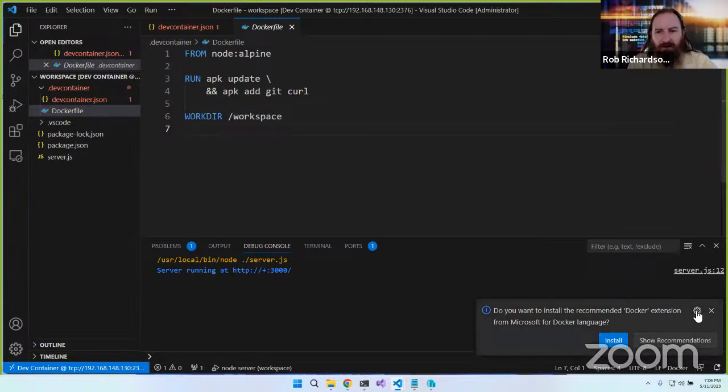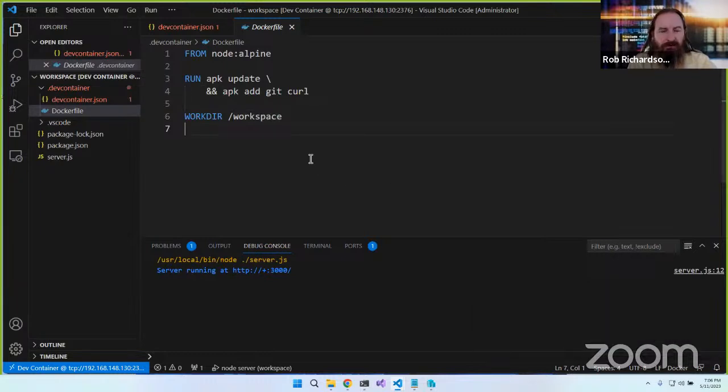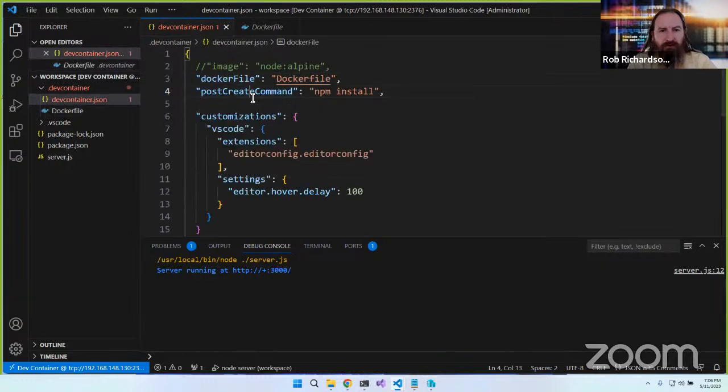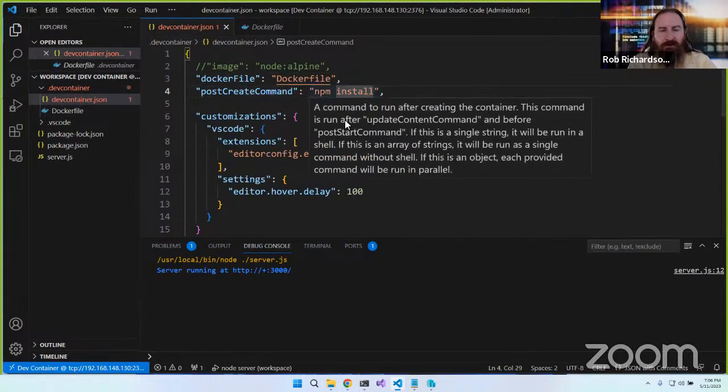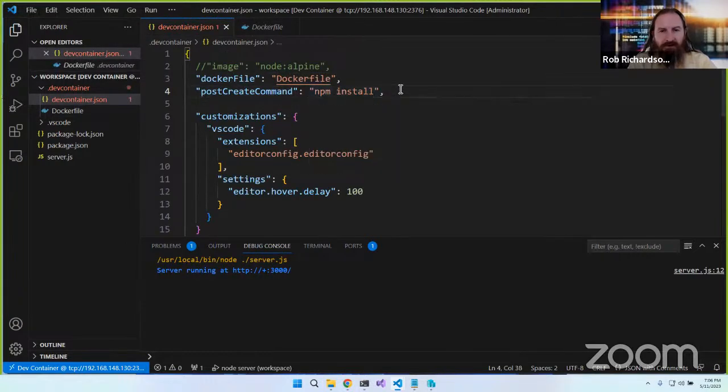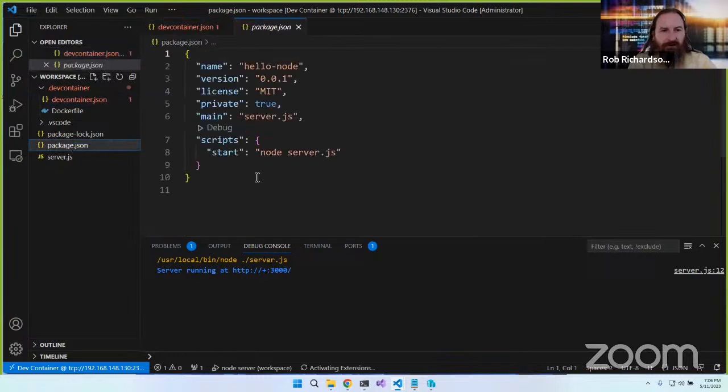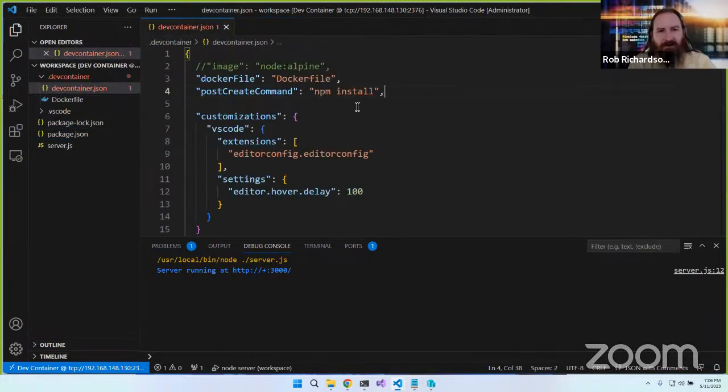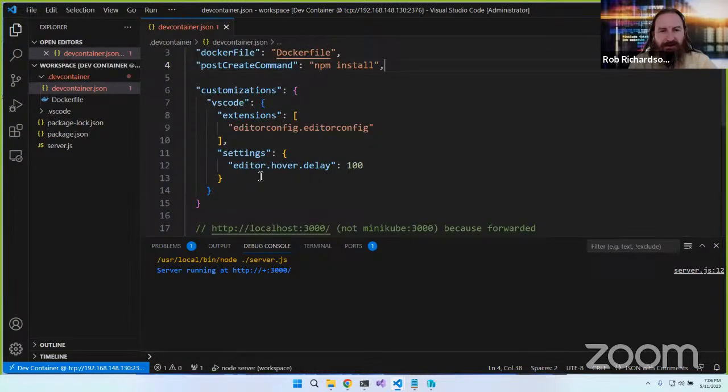We didn't do any run commands, because all we want to do is get that source code into place. Now that I've got my source code in place, the post create command, this is where I would do a .NET restore, maybe a .NET build. And in this case, I did an npm install. So it'll go look through my package JSON, notice that there are no things, and get all my node modules in place. I can also set up some extensions that I want installed in this container, some VS Code settings here,